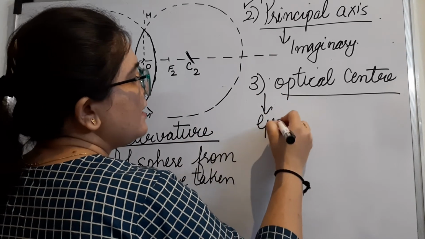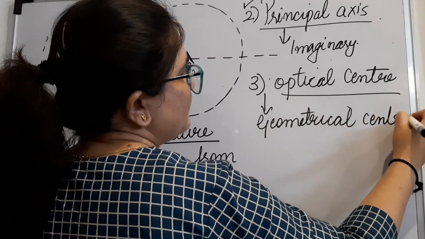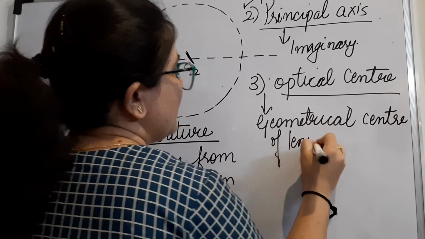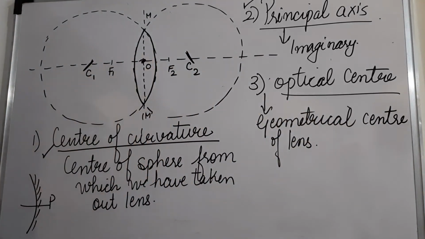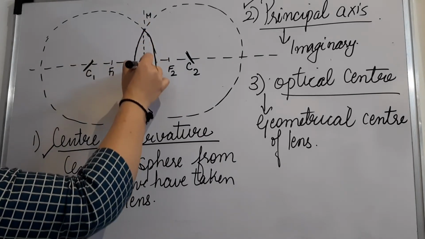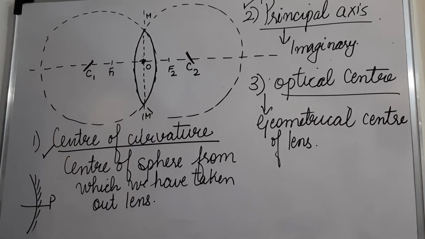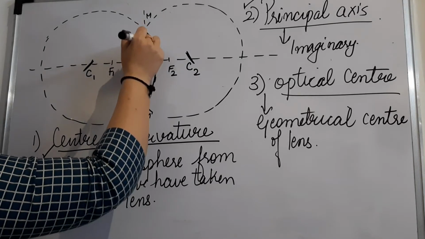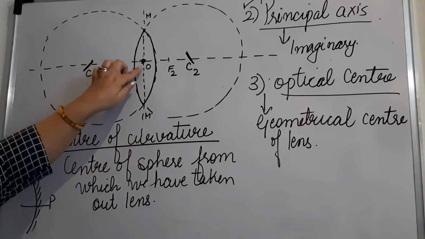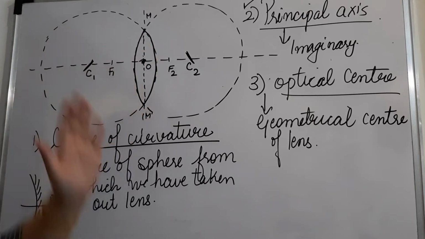This is the geometrical center of the lens. So here exactly it lies. And this is why I was telling you that you have to draw the diagram exactly like I have drawn over here, because this line that I have drawn in the middle, passing through this optical center, is the most important one. When you will be drawing ray diagrams, the refraction that you are going to show is going to take place from this line only. So this is a point which is the optical center, and this is a line that is basically dividing the lens into two equal halves vertically.